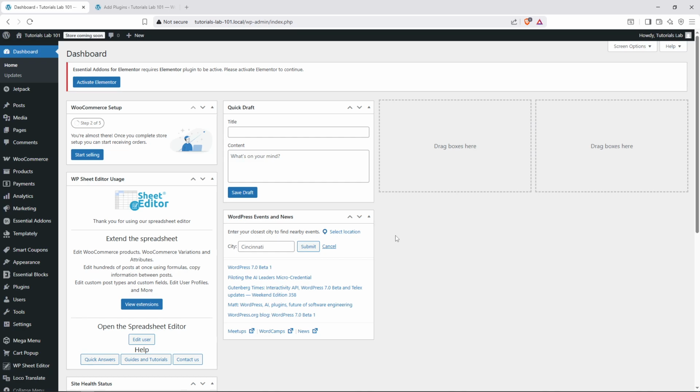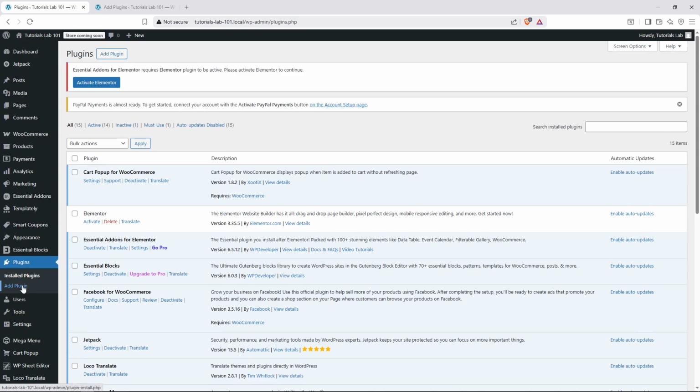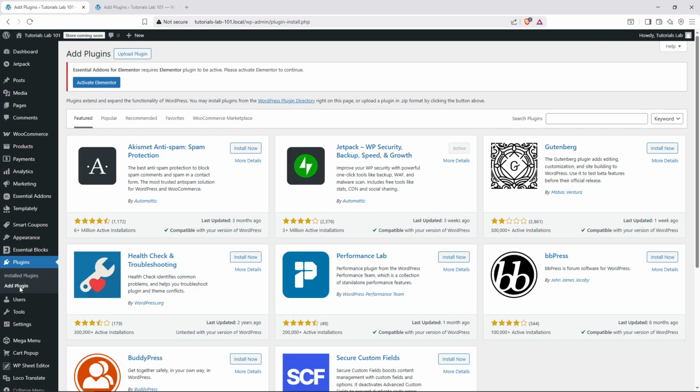Now that you're logged in, look over to the left navigation menu and click on Plugins. When you do this, an expanded menu will appear with several options. From these options, click on Add Plugin. This will take you to the plugin library where you can browse and install new tools to enhance your WooCommerce